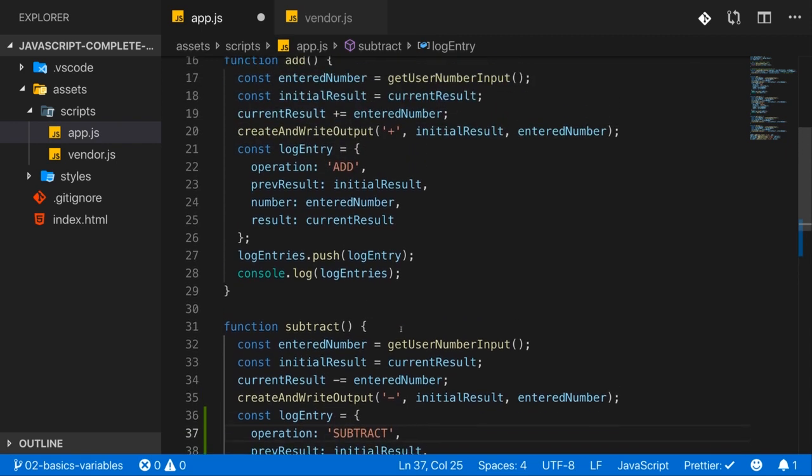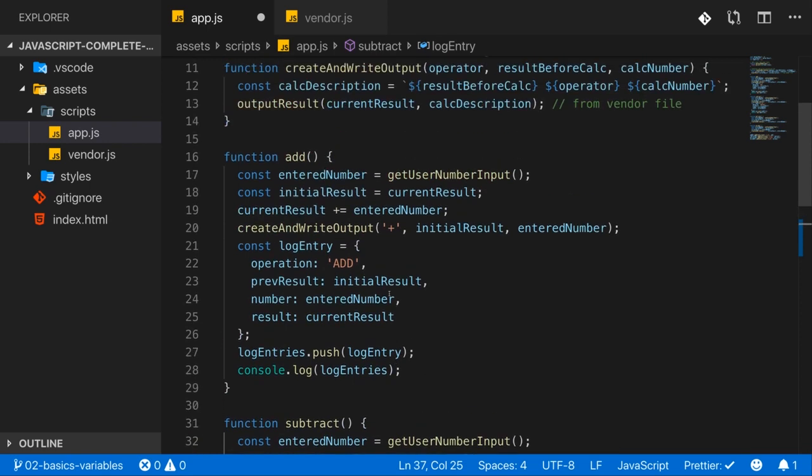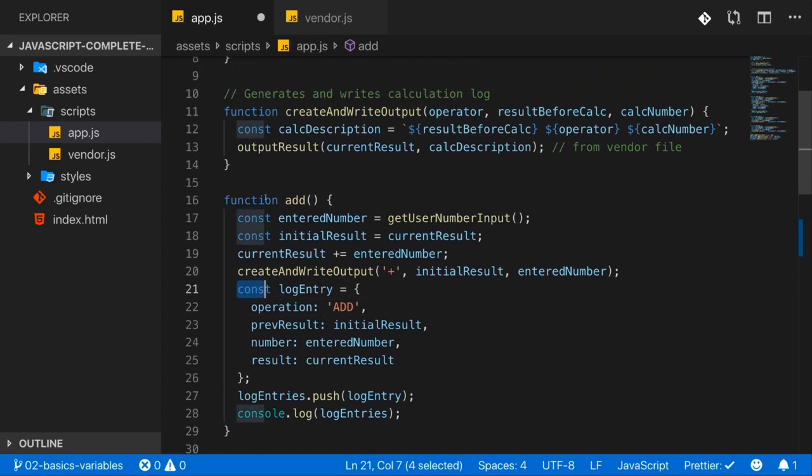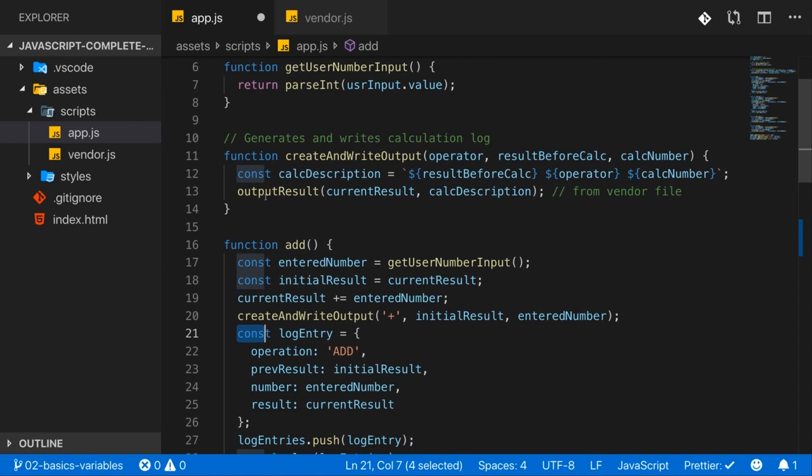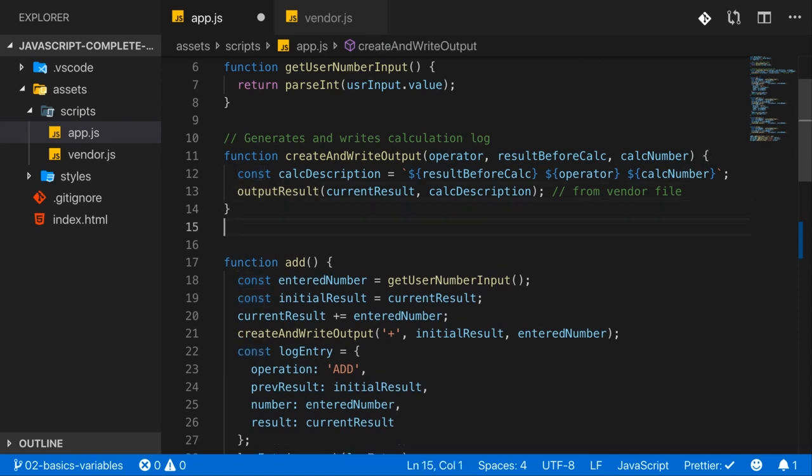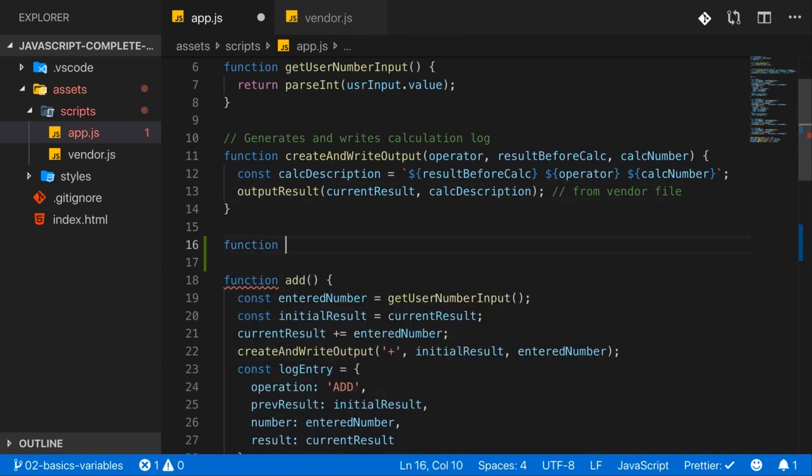Now we already have one thing in common in all these functions here. We call create and write output. Now why don't we create a similar function for creating our log? So I'll add a new function here where I say write to log. And this expects to get the, let's say, operation identifier or whatever you want to call it,